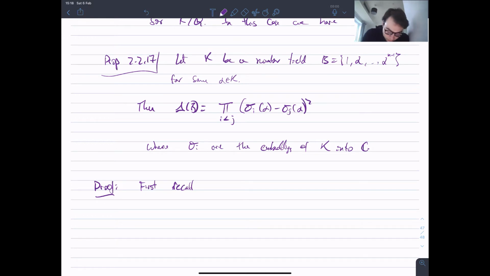So recall that, what do I say? That we have the following identity from linear algebra, which